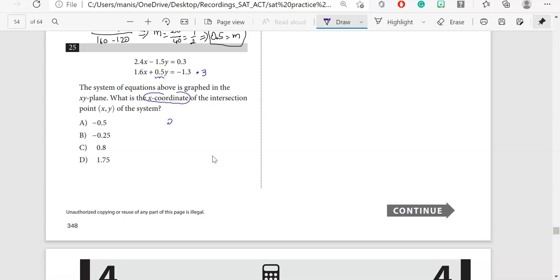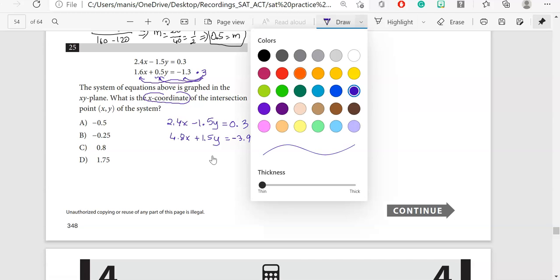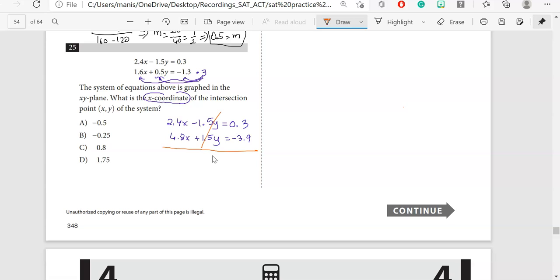So it will be like this: 2.4x minus 1.5y is equal to 0.3. Now do keep in mind, when I multiply by 3, I will be multiplying each and every term by 3. So this will give me 4.8x. But this part will give me plus 1.5y, and this part will give me negative 3.9. Since we are adding, we do not change any sign. The y terms will be cancelled out, and then you add these two and you will end up with 7.2x